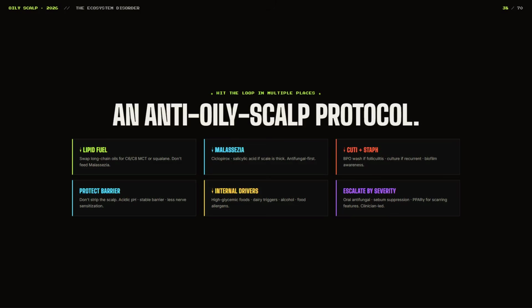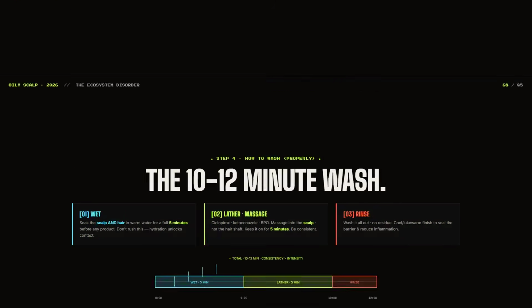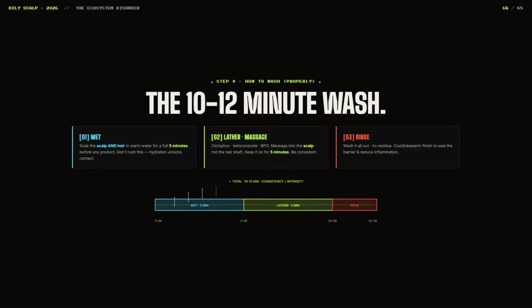For a very oily scalp, I would use the shampoo that I described daily or nearly daily with a conditioner of choice. For people with curlier or more coily, kinkier hair, I would still cleanse the scalp often enough to control oil, but I would protect the hair shaft with conditioner applied mainly to the hair and not simply rubbed into the scalp. Because for those kinds of hair types, more frequent washing can cause breakage, so just make sure you're conditioning the hair properly and be gentle with it. And step 4 is pretty much like step 1, because we're adding that ciclopirox, those anti-seborrheic dermatitis sort of shampoos, the ketoconazole, all that's going to apply.